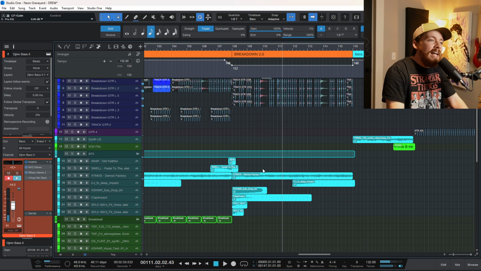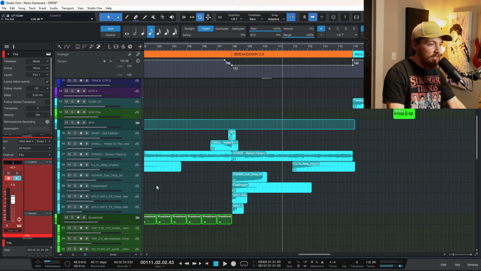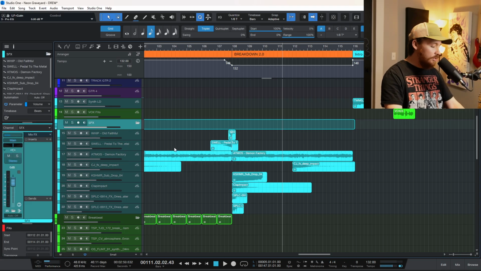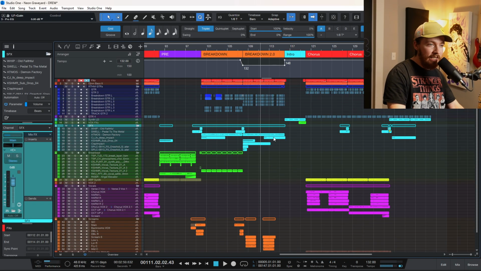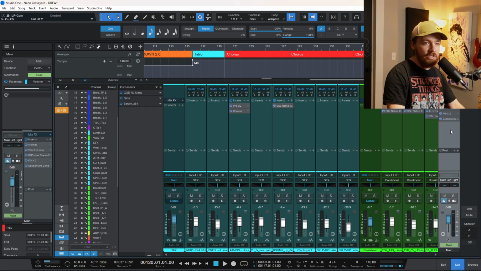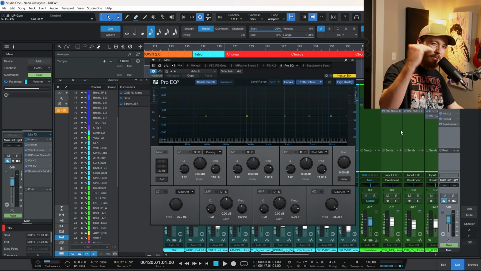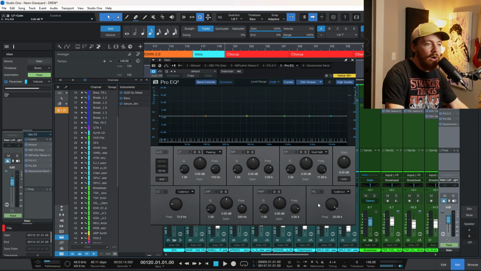And because there's just not a lot going on in the low end, I have a great sounding bass, I have great sounding drums, and I have my impacts and my downers. And so one of the ways that I like to locate what the problem is, if I'm getting a muddy mix and I'm not exactly sure why, is I'll just add an EQ directly to my master bus. I'll put it at the end of the chain just so I know what I'm listening to,